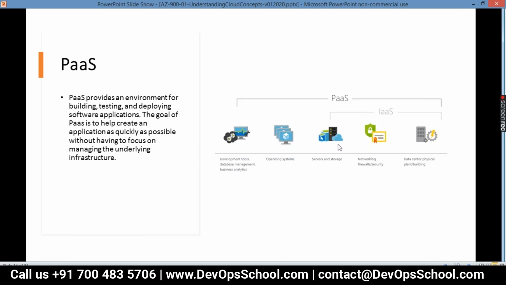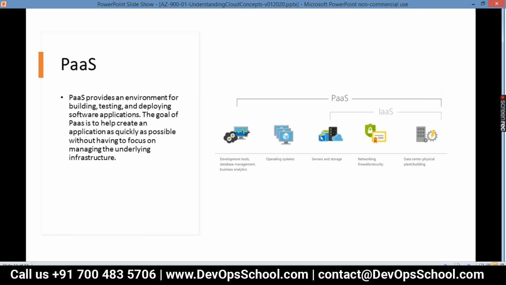Also for platform as a service, try to understand from this diagram. Infrastructure as a service is the first layer and platform as a service is the second layer. In the second layer are all the deployment tools. In Azure, earlier it was known as TFS or VSTS. Now it is known as Azure DevOps. They have totally changed it. Earlier it depended totally on tools that you needed to install. Now everything will be on the cloud.